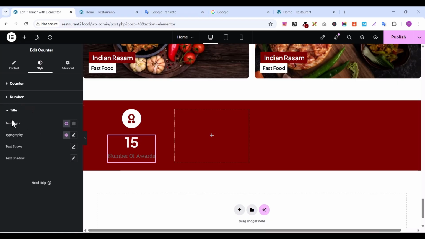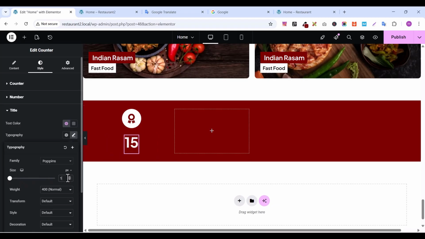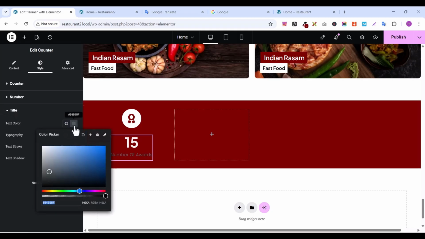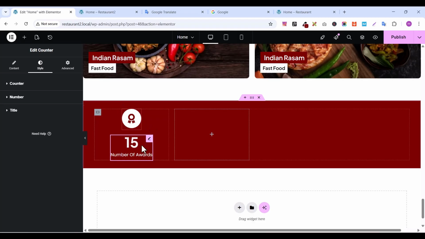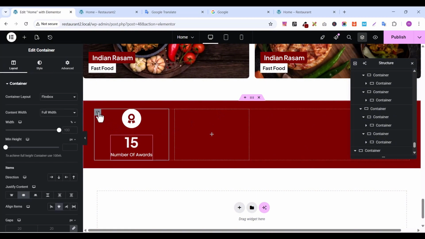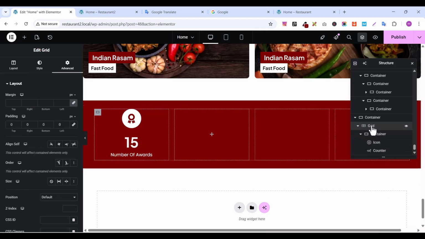So on the title, let's change the title font by going to the font family, change it to Poppins, increase the font size to 16, and give it a color of white, and everything is looking good. So what we are going to do, let's bring this structure. Let's select and bring this structure, select this grid,